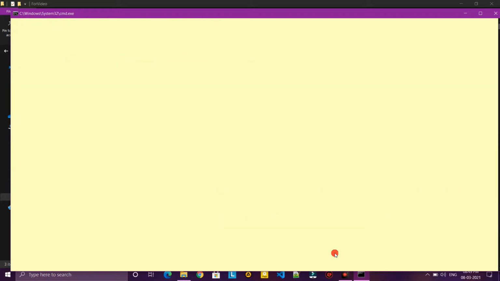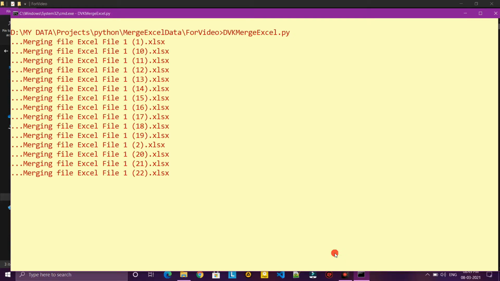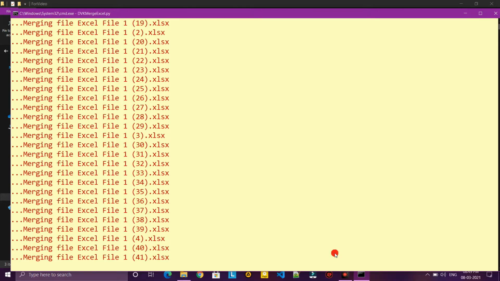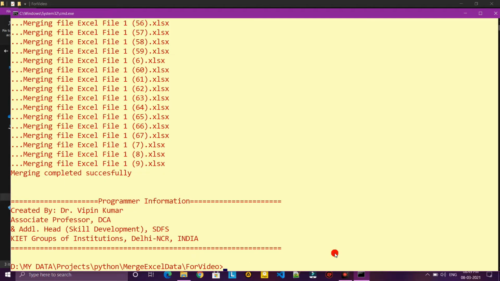So cls for clear, and then once again I run this command, and you see, one by one it will merge all the files in my main file. And the merging completed successfully.